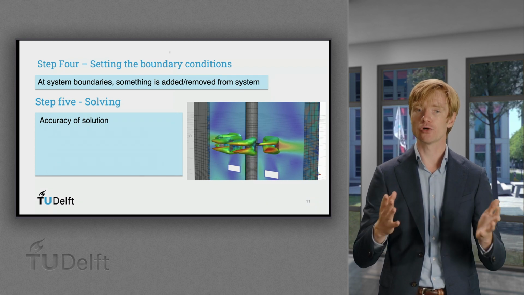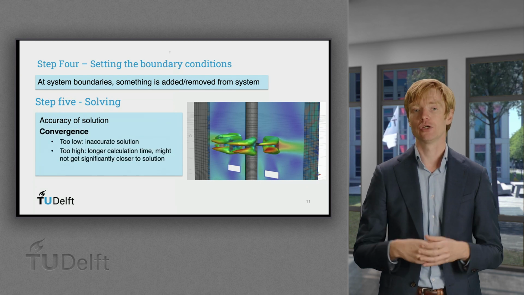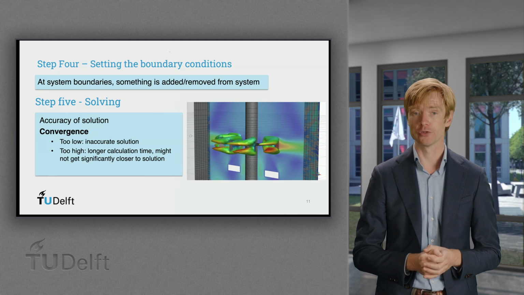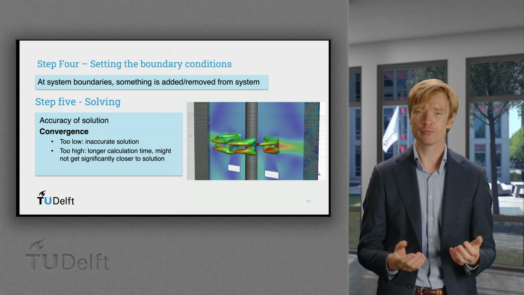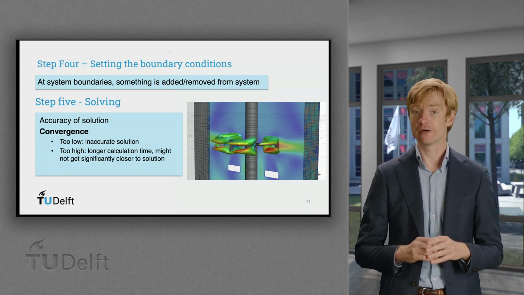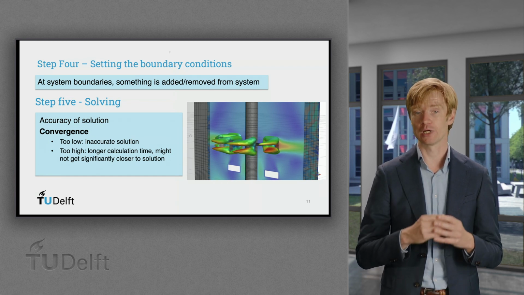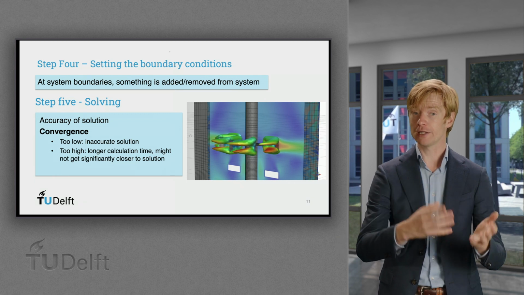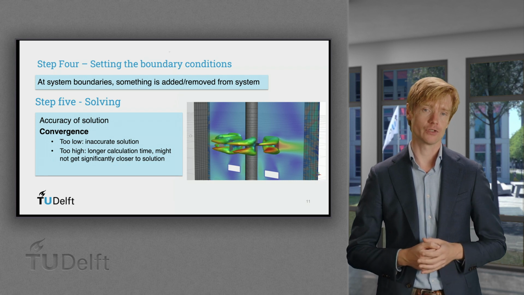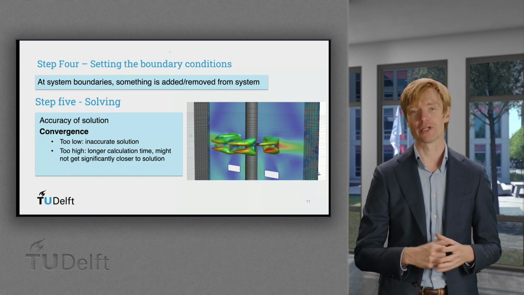The solution needs to home in on the exact solution. But what is close enough, that's up to you. The more accurate, the more time it takes to solve, and at some point you may not be able to close in any further. In principle, these are the things you need to set up a CFD problem. With proper software, it's literally a matter of clicking the right buttons. But the challenge is in selecting the right physical models, finding the right trade-off in accuracy and computation time, and interpreting the results. That last aspect, in the scale-down context, we will consider next time.